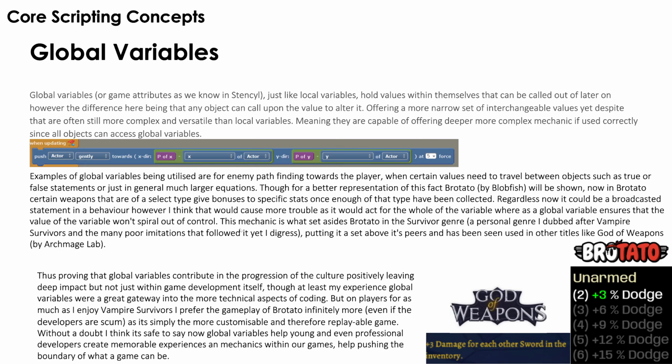Regardless, this could be a broadcasted statement in behavior. However, I think that would cause more trouble as it would act for the whole of the variable, whereas the global variable ensures that the value of the variable won't spiral out of control. This mechanic is what sets